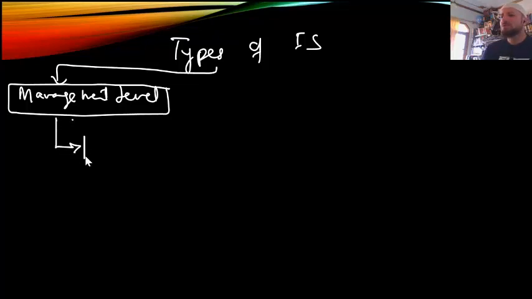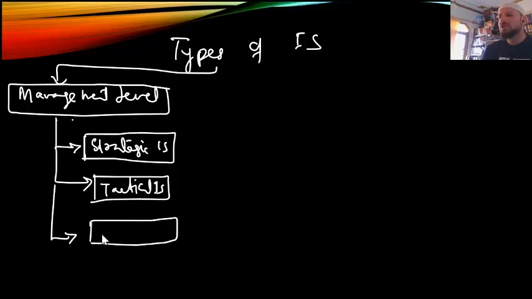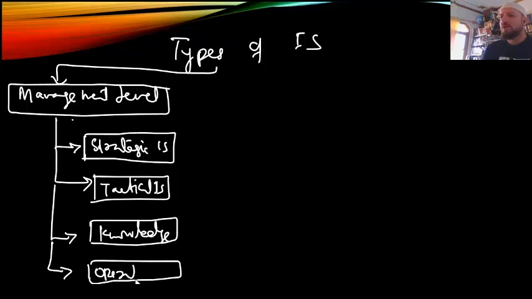many. The first one is what is called the strategic IS. Then there is the next one, which is called the tactical IS. And then there is the third one, which is called the knowledge IS. Okay, and then there is the fourth one, which is the operational IS. These are the levels I have already shown you, but here we got one more level, operational IS. We got one more level here, the knowledge IS.